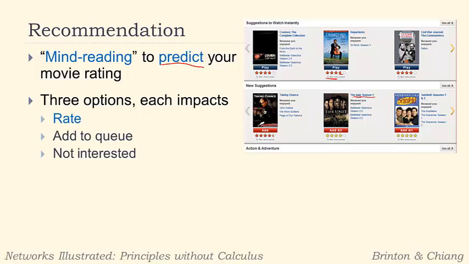If you click this not interested button, that's also very useful feedback to Netflix. And they'll say, don't recommend this movie to me. They might also say, okay, those types of movies you don't want to see, for instance. And so each of these things that you do, whether it's rating, adding to the queue, or saying you're not interested, all impact the movies that are going to be recommended to you. And so you're encouraged, again, the more input that you give, the better the recommendation method will be for you specifically. This is the idea of recommending in Netflix, where we're recommending movies for you to watch.